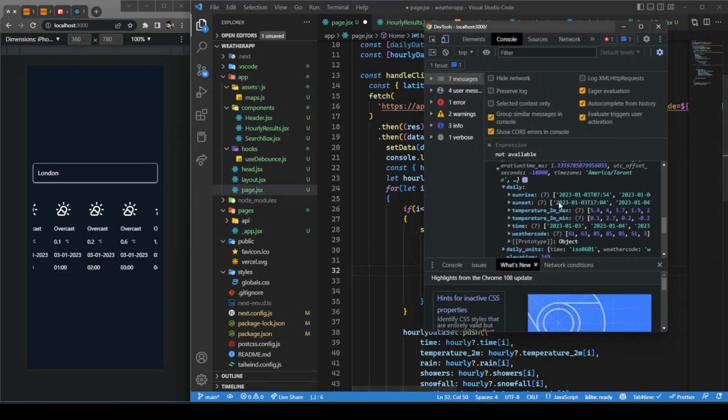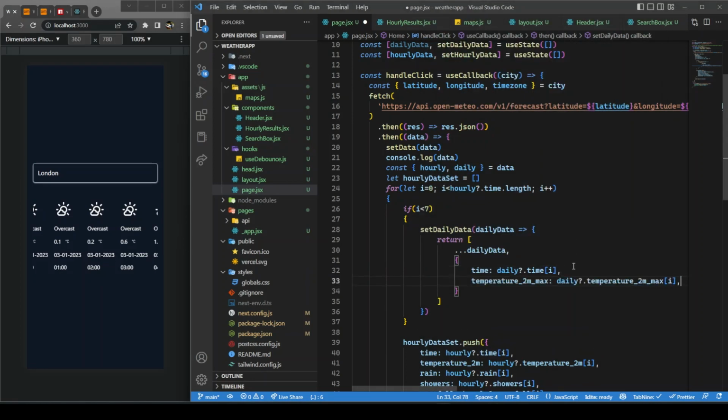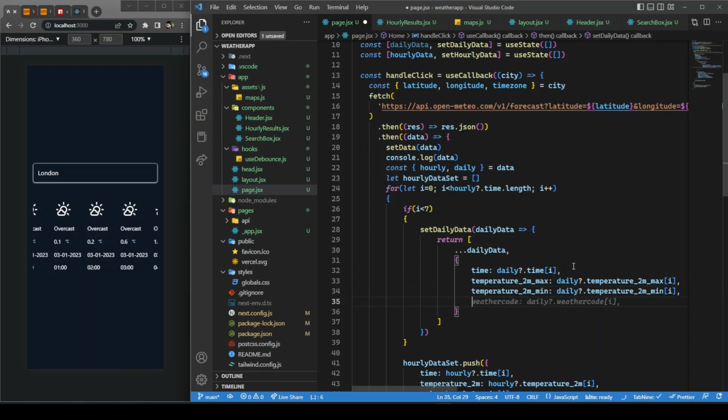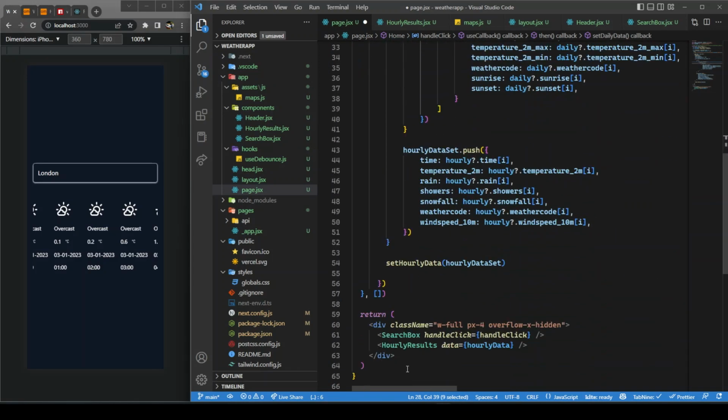Let's see if we are right. So yeah, so we have time, temperature min, max, sunset, sunrise, weather code. Okay, so that would be here. We will have min max. Okay, thank you Copilot. Weather code, sunrise and sunset. Perfect. So this will create our final daily data, and that daily data we will pass again to a